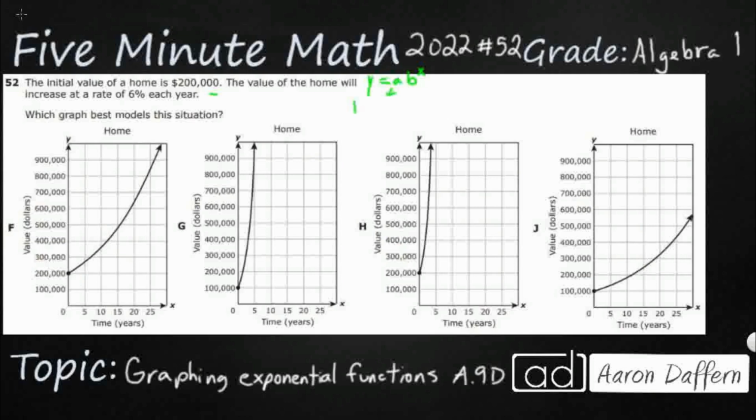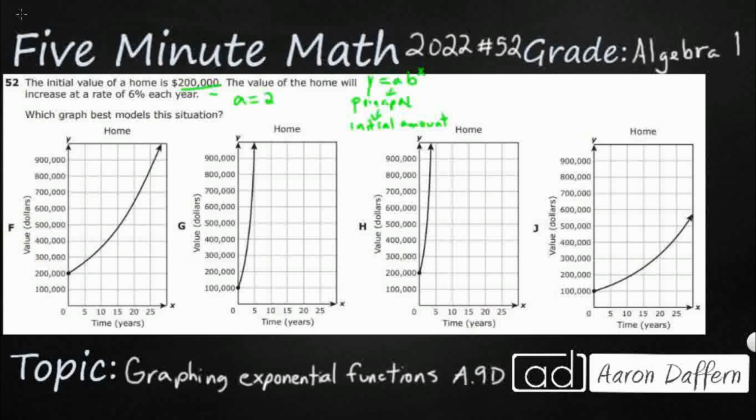So the a term, if we're dealing with investment, compound interest, which this initially looks like it is, but it's not necessarily that context, is going to be your principal. It's the initial amount that you deposit, and then your interest compounds annually. For us, a better way to describe this is your initial amount. This a term is the initial amount that you either invest or it's worth, or in this case, we have this initial home value of $200,000. So that a term is going to equal